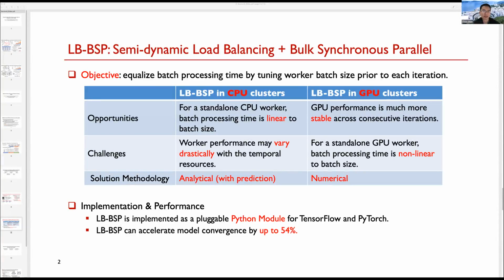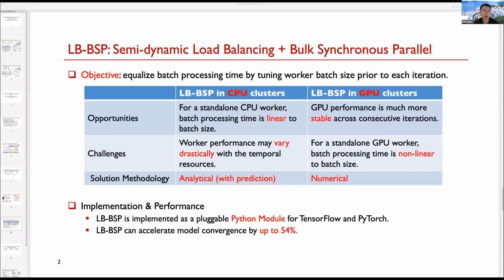It is application agnostic because we implement LBBSP in a dedicated module called Batch Size Manager. That module only connects to the worker execution status and adjusts the batch size. It can treat the iterative model training process as a black box. It detects which worker is the fastest and which worker is the slowest, and then adjusts the batch size allocation scheme. And the benchmarks we use are